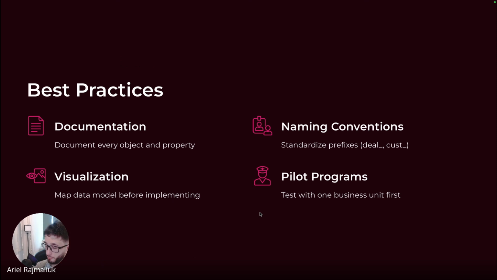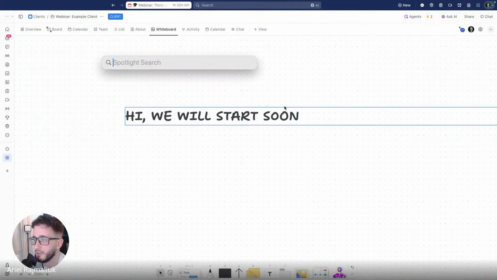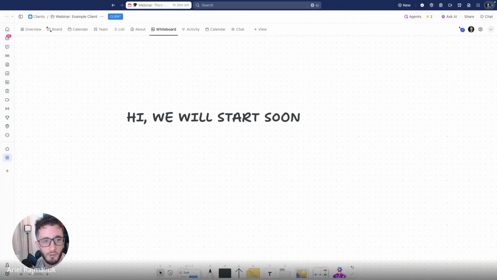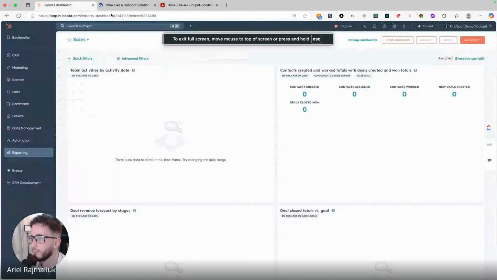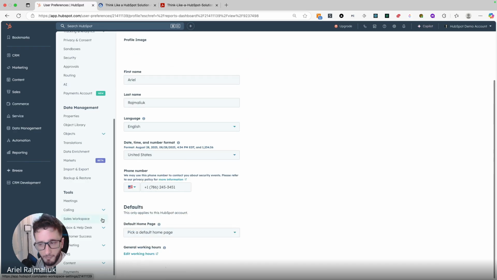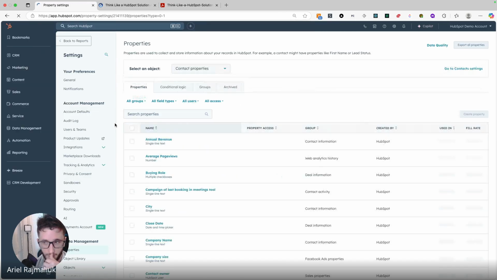But when you create properties, don't just write them. Let me show you this. Let's see if I can show you one perfect example with a demo account. When you create a property here, because this is a very common error, let's go to properties, and I'm going to create a new one.